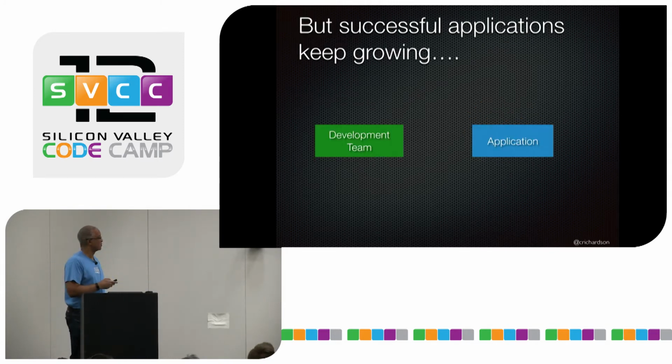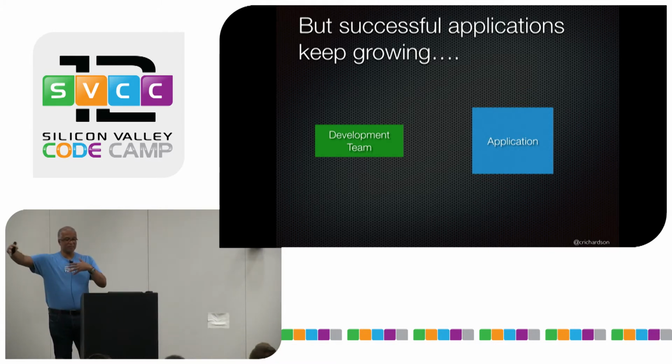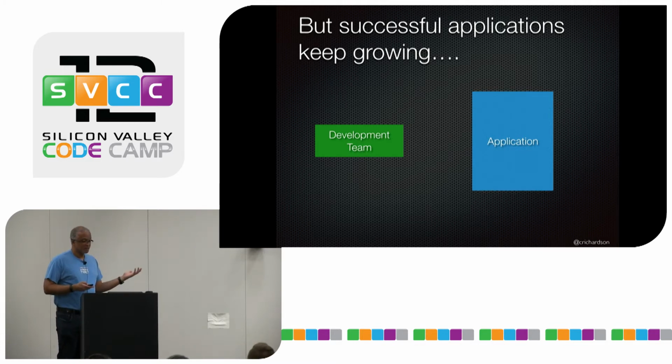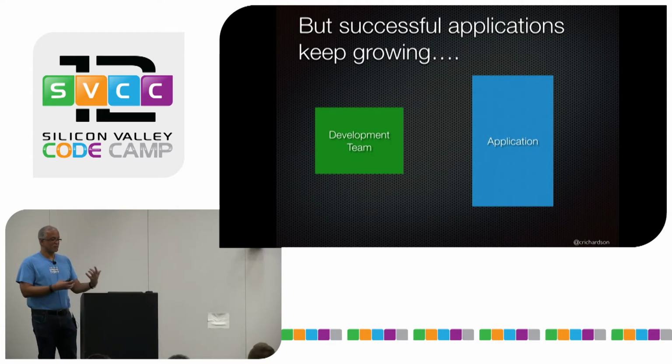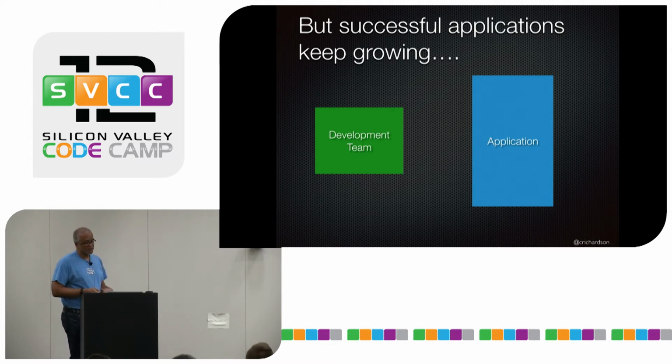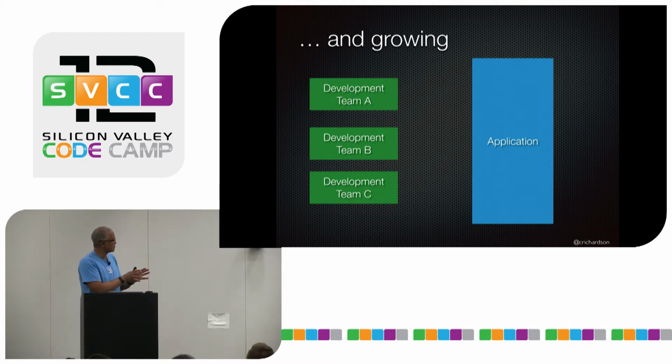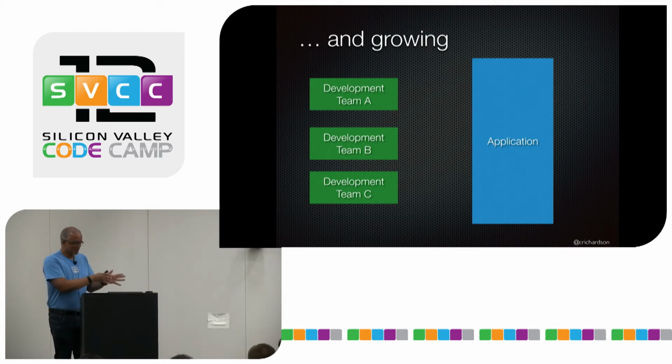So you might start off with a small application and a smallish team, but over time, the application is getting bigger and bigger. And this could be over some number of years. The development team can keep growing as well because you've got more money and you're successful. And you might try to split up into multiple sub-teams where each team is focused on a particular functional area. Especially if you've got hundreds of developers, you can't really have a daily stand-up with a team that big, right? So you want to have small teams, 6 to 8, 10 people, because that's much more manageable.